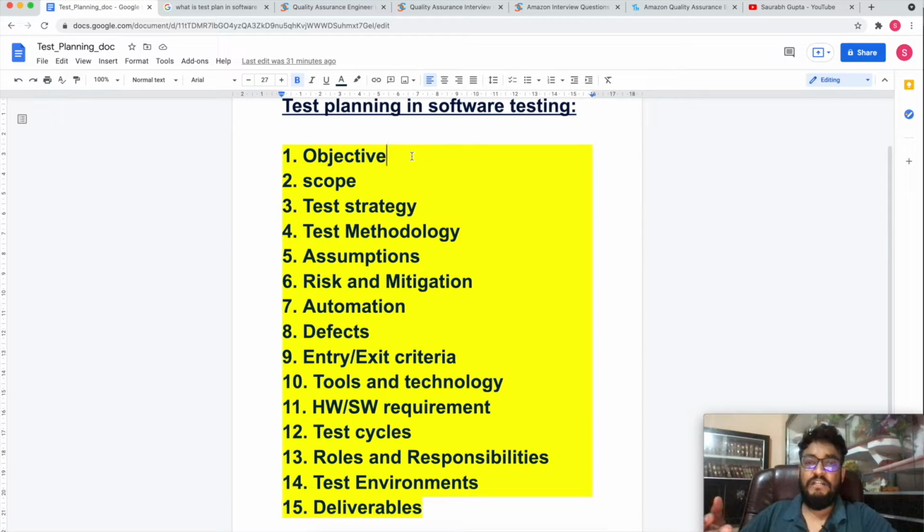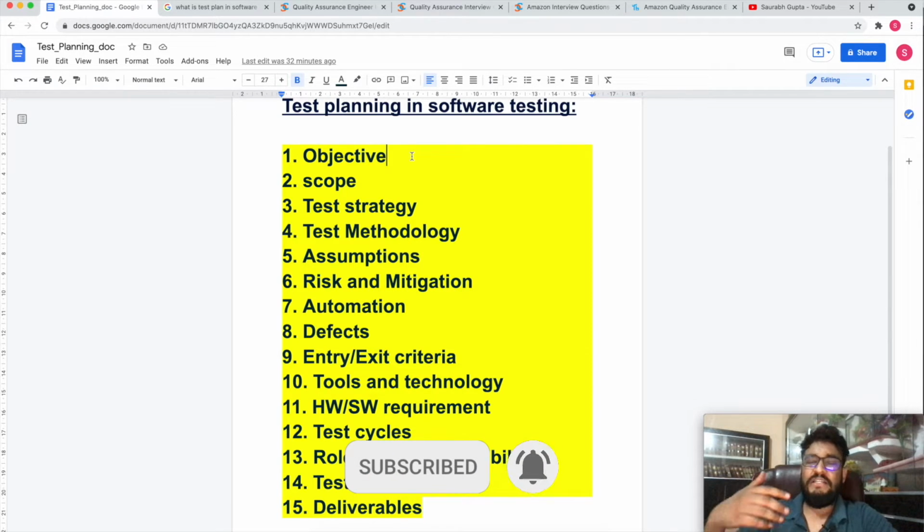Exit criteria will be the entry criteria of the integration testing, which comes next to the component testing or smoke testing. So whenever we test an application's integration testing, what will be the entry criteria? Your component testing should be done, majority of the test cases should be passed, environment should be up and running, and these kinds of things.